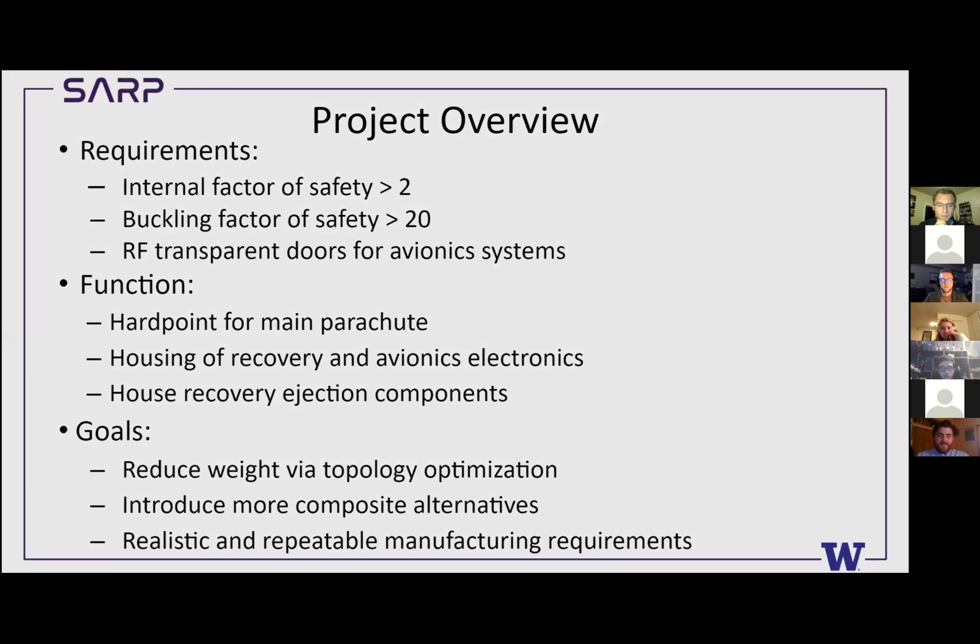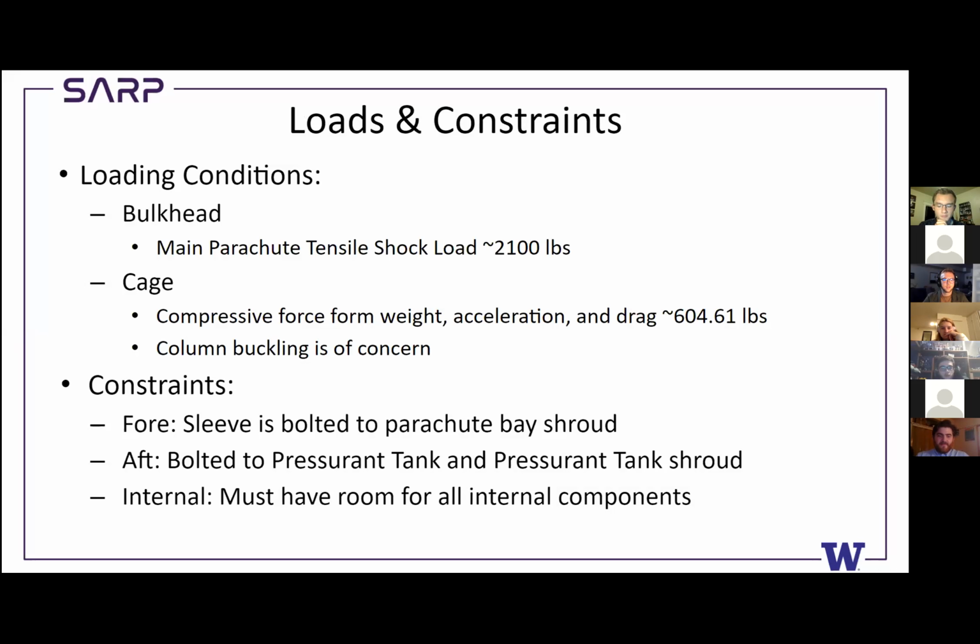Next slide, please. All right, for loads and constraints on the bulkhead, we're going to have a main parachute tensile shock load of about 2,100 pounds. This would be for Aries, which is the greater of the 2 shock loads. So we just opted to go for the higher one so that no matter what they ended up doing, we